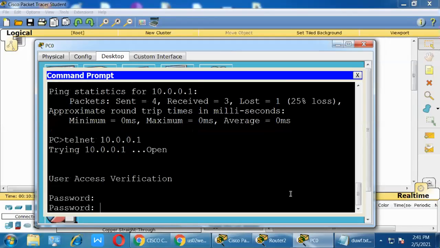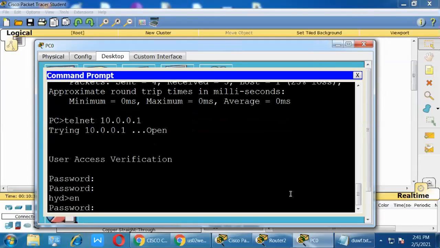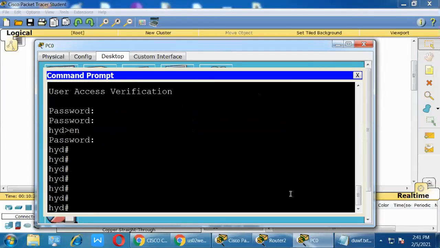CCNA or 123, and the enable password is CCNA. So I enter. Okay. So now if anybody knows the password, they can enter the router.